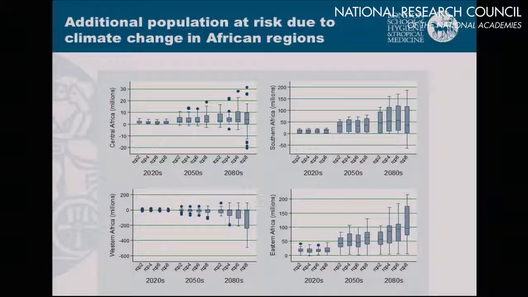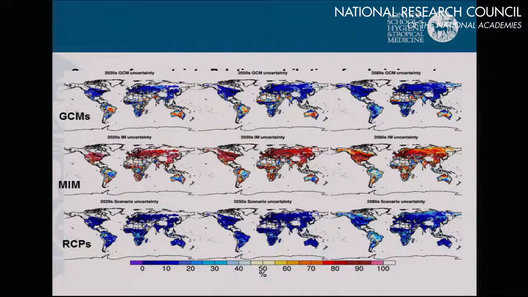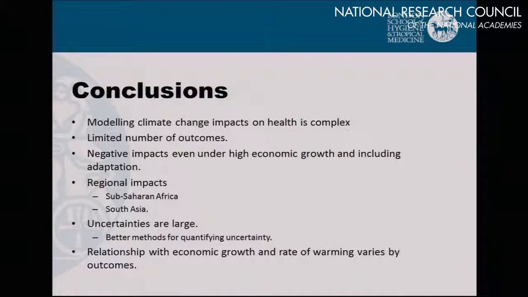So it's actually quite a useful exercise, because the final thing we did was show where the main cause of that uncertainty is. The redder it is, the bigger the source of uncertainty, and you can see it's the model. So the malaria model, which is the middle row, is where all the uncertainty lies for those malaria projections. There's some around the modelling, and relatively little just for the emission scenario, which is the RCPs.